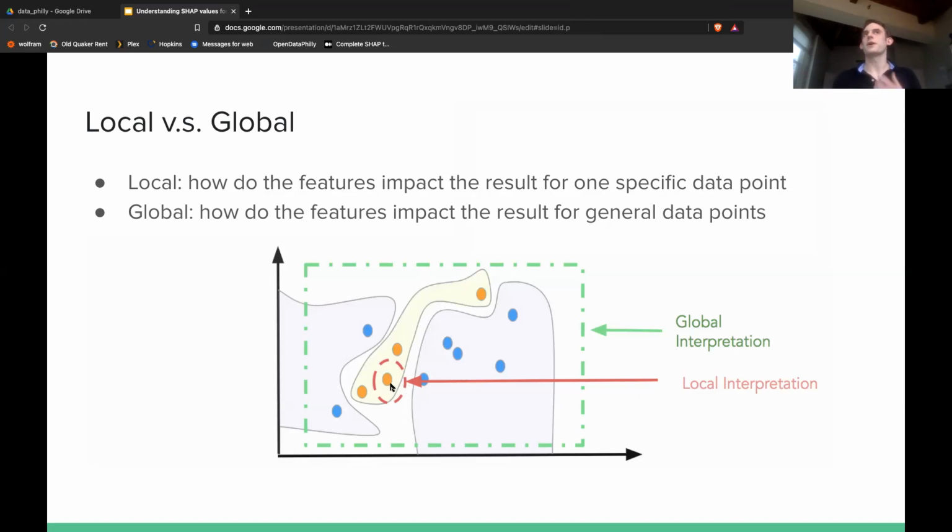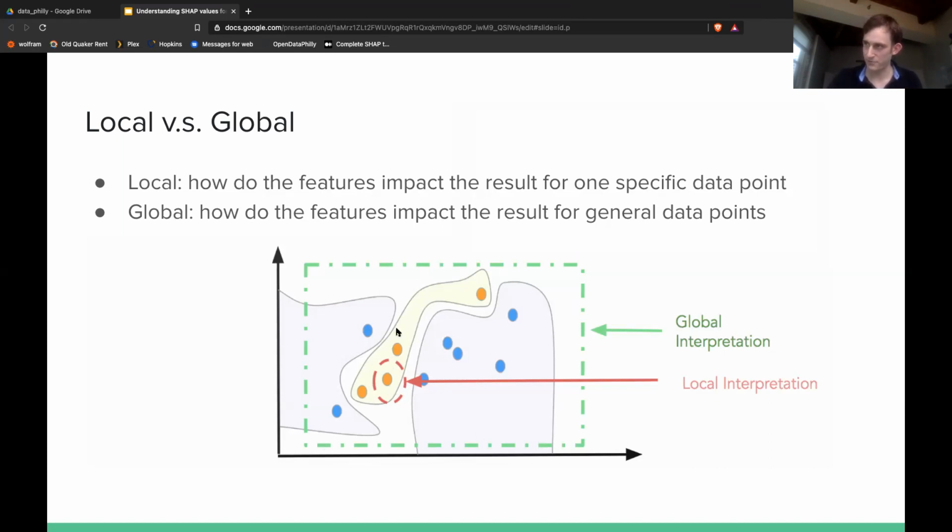we could try to explain what's happening there. This would be a local interpretation. It would only take into account information around it. So if you're at this orange point, you can see that if the x-axis increases, you're eventually going to transition into the purple class. But it doesn't really see that if you go far to the left, you're also going to go to the purple class. But if we take a global interpretation, where we look at all of the data,